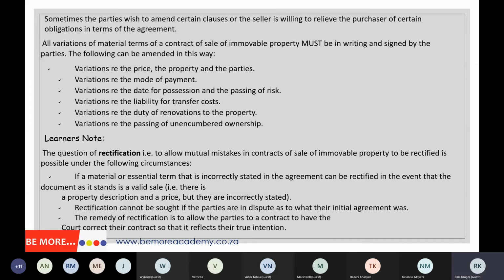The question of rectification to allow mutual mistakes in contracts of sale of immovable property to be rectified is possible under the following circumstances. If a material or essential term that is incorrectly stated in the agreement can be rectified, in the event that the document as it stands is a valid sale, a property description and a price, but they are incorrectly stated. Rectification cannot be sought if the parties are in dispute as to what their initial agreement